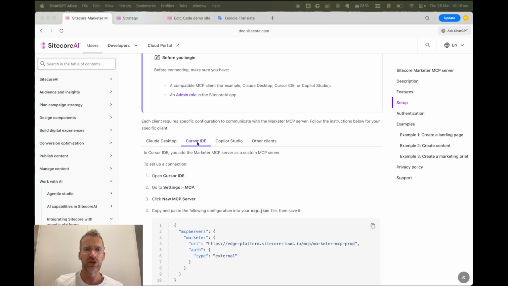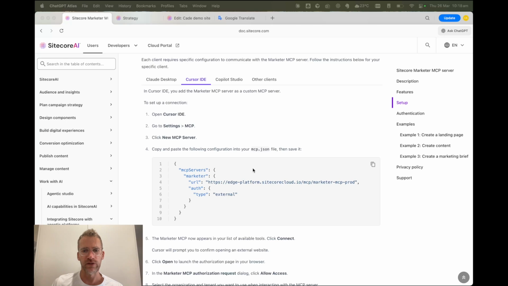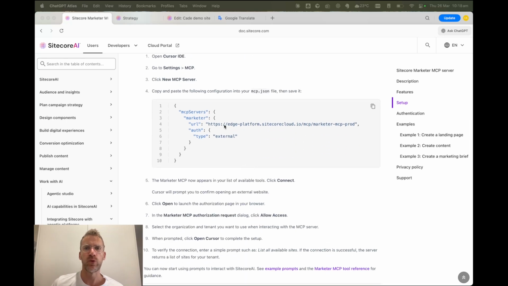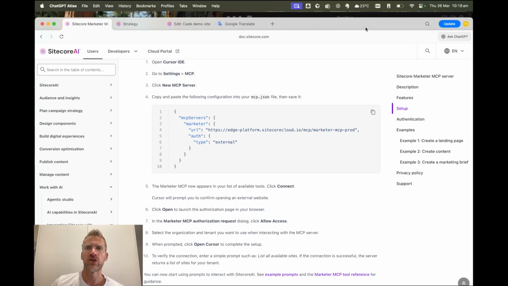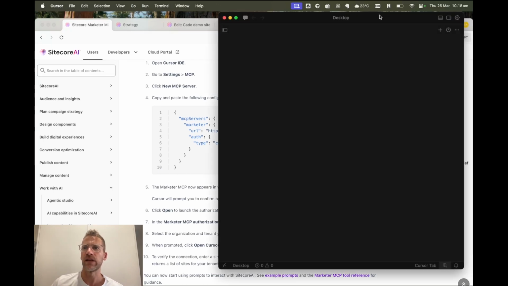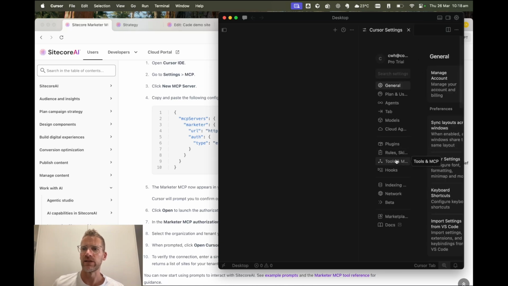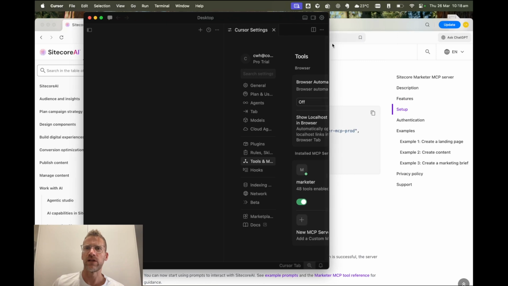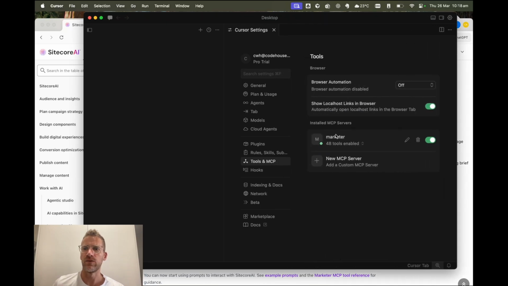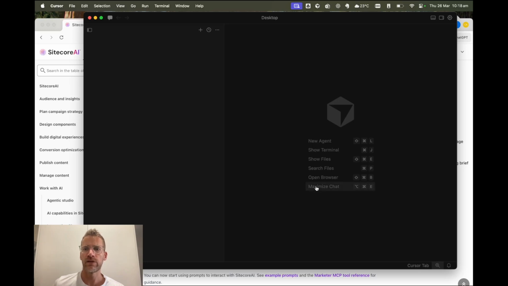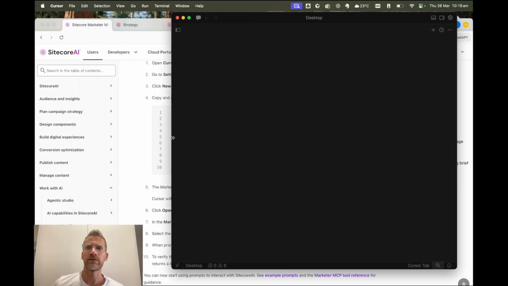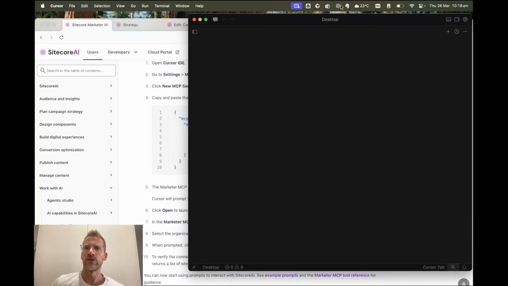I'm using Cursor IDE to connect to the MCP server. I followed the instructions here. Pretty simple, pretty straightforward. So once you've followed those instructions, got Cursor set up and the connection created, you can jump in here to Cursor and into the settings and just check that you are connected to the MCP server, which I am. So with that, I'm going to start a new chat and see what I can do in